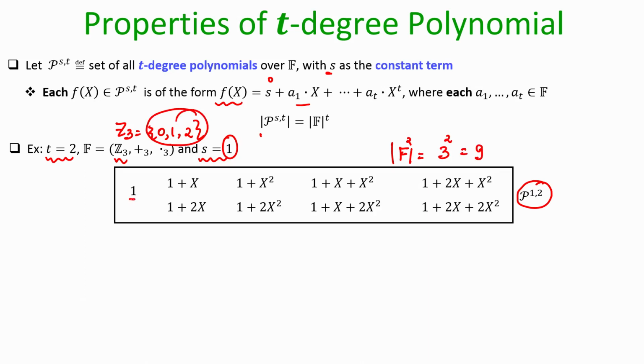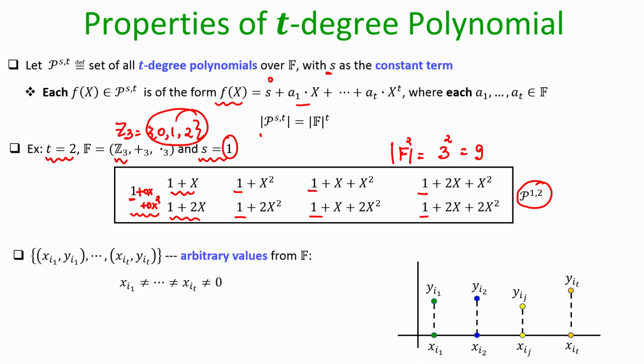So, you can see this is a polynomial of degree 2. You might be wondering that there is no term like x and x square, but that is fine. I can always imagine that I have a term like 0 times x and 0 times x square. So, overall this will be treated as a polynomial of degree 2 whose constant term is 1. This is another polynomial of degree 2 whose constant term is 1. So, all the polynomials have their constant term as 1, the maximum degree is 2, and the number of such polynomials is 9.